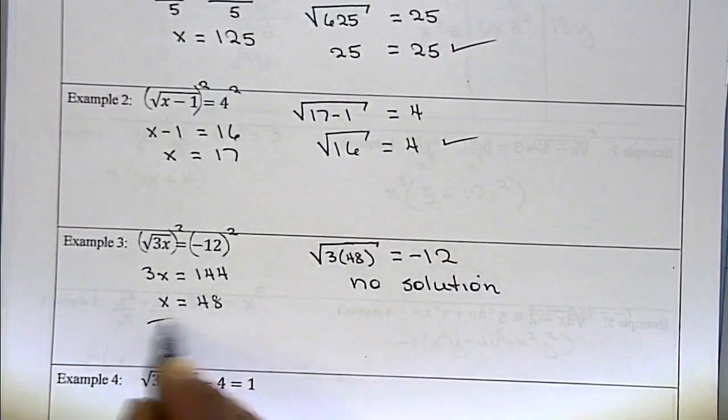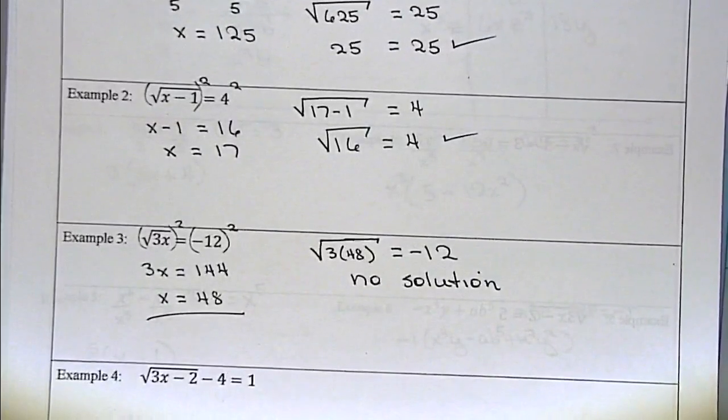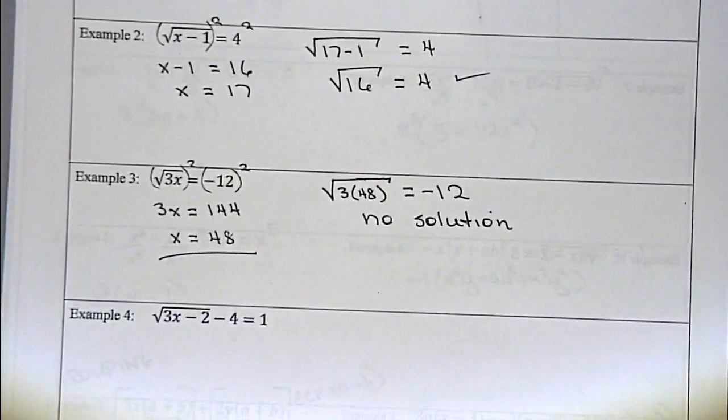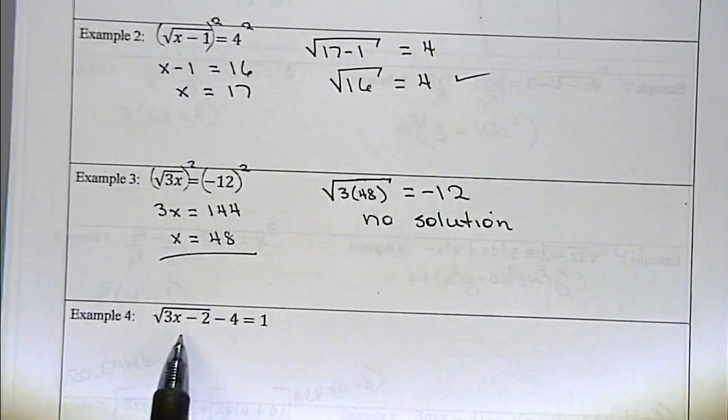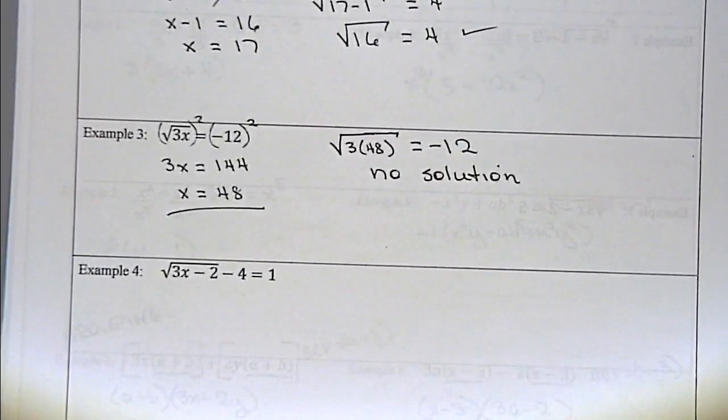So our answer, x is equal to 48, did not work. That's why I'm telling you, you have to check every one of these, okay? They're quick to solve, but the solution involves checking. All right, this one. The problem with this number 4 we've got down here is that there's more on that